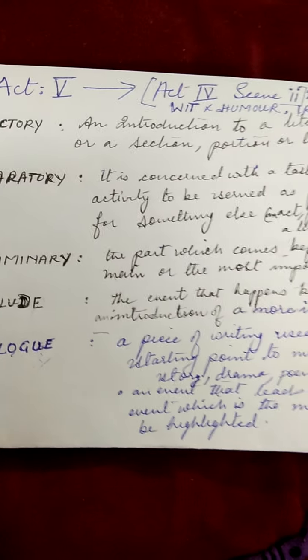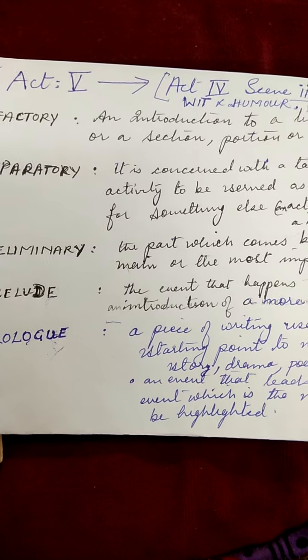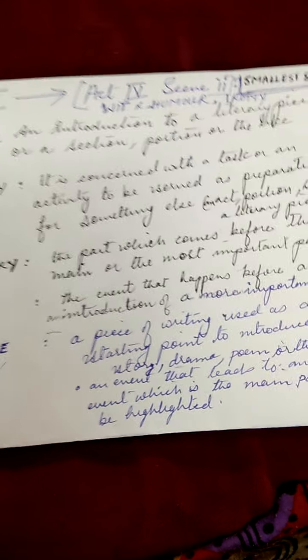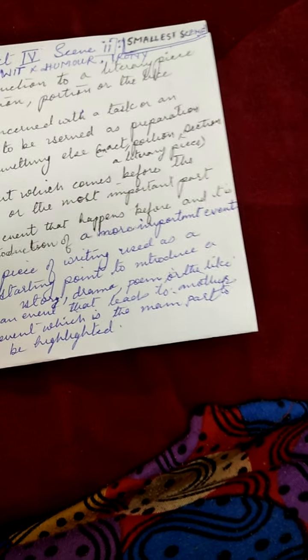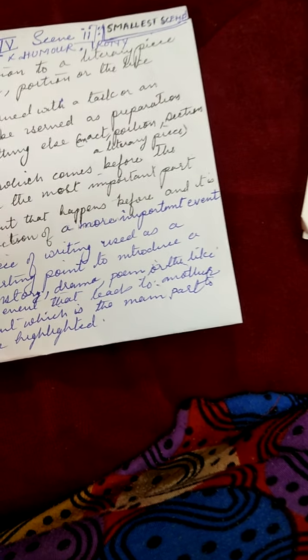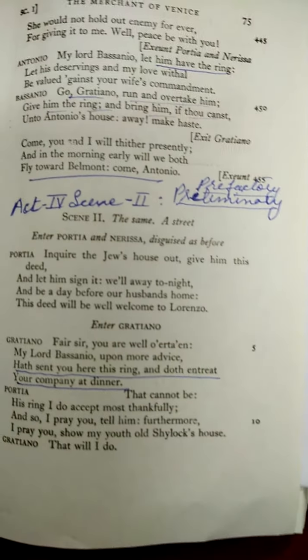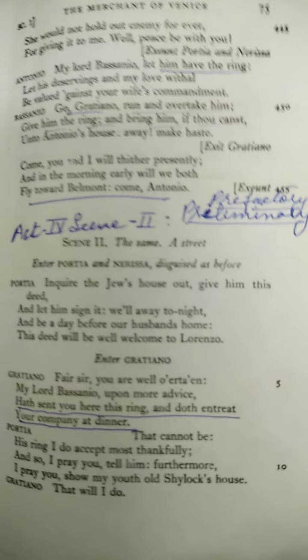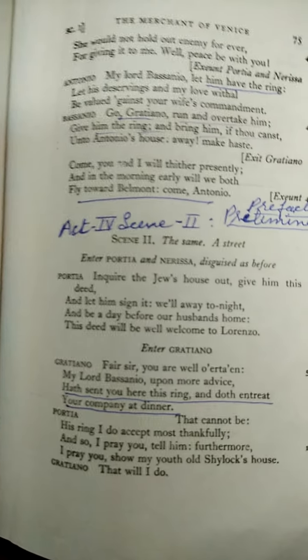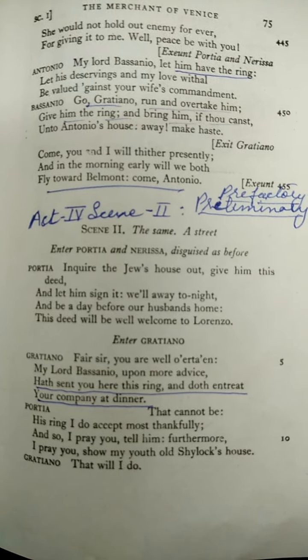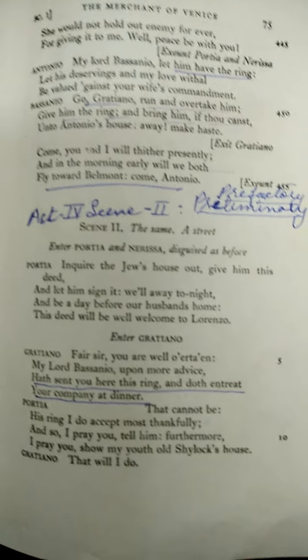Now, in this context, I would like to focus on another point, that when we talk about Act 4, with just 22 lines, there are three important points here. When we say that this is a preliminary, we can say it is a prelude to Act 5. Now, why is it a preparation and introduction to that? What is the reason? Because